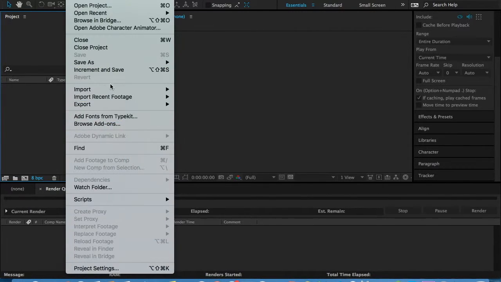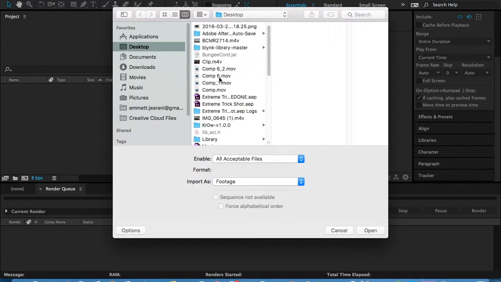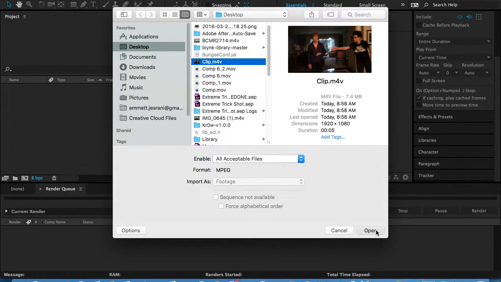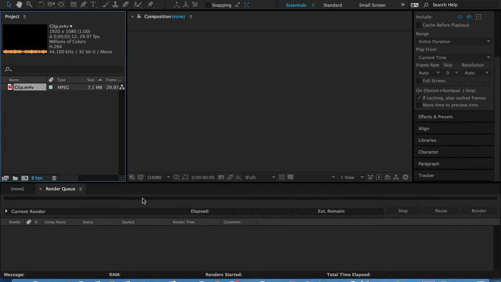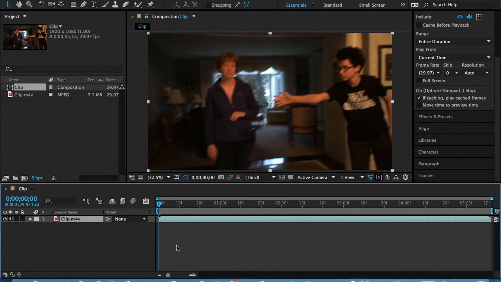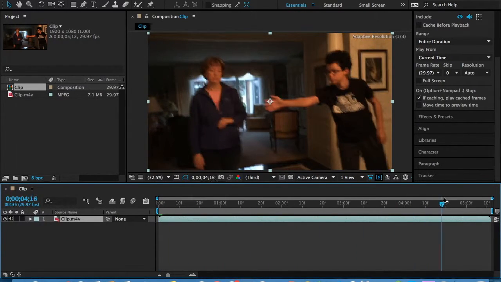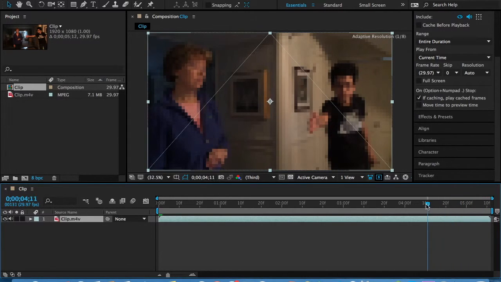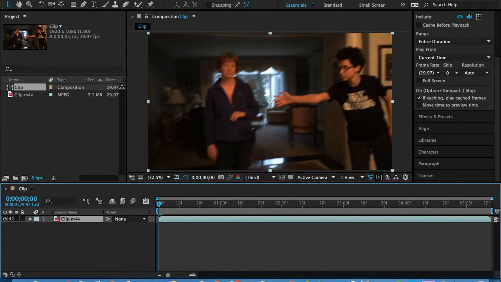Okay, so we're going to go into File, Import, File, and then this is going to show up here. So that's our clip, and just know your clip may look horribly low quality as mine does currently. That doesn't matter though. What we'll do here is click and drag this clip from our imports up here into this little portrait, and that'll create a new composition with that clip. If you see up here, you can move through the clip. This is a really stupendously low quality clip, but anyhow,